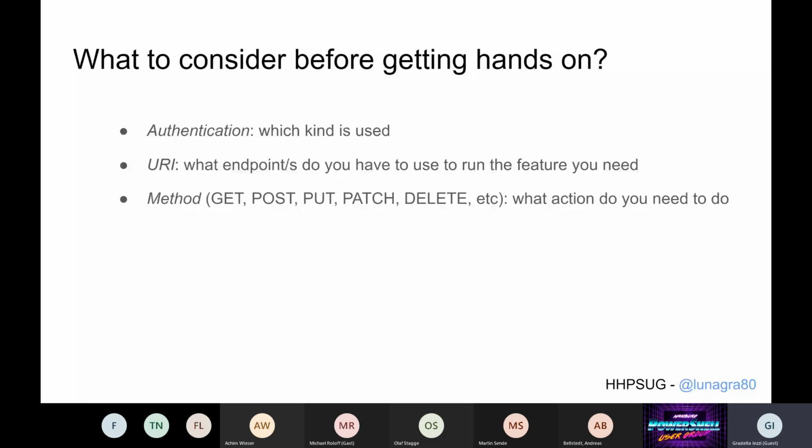PUT and PATCH look the same, but it depends on how the endpoint is developed and what meaning the developers gave to them. Normally, PUT is used to add new content to something that already exists, like adding a new comment or a new label to an existing issue. PATCH normally is used to update the value of a content already there, like changing the title of an issue. But in my experience, most of the time PATCH is not used at all and only PUT is available,